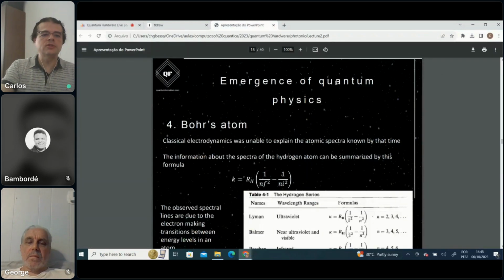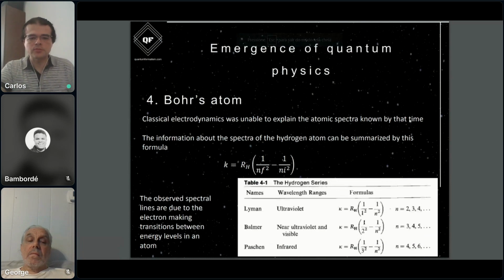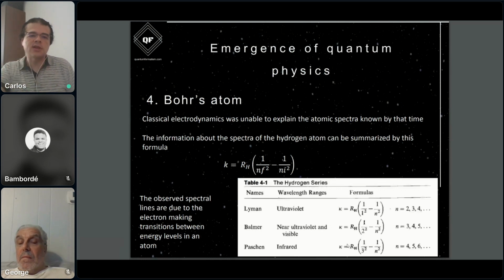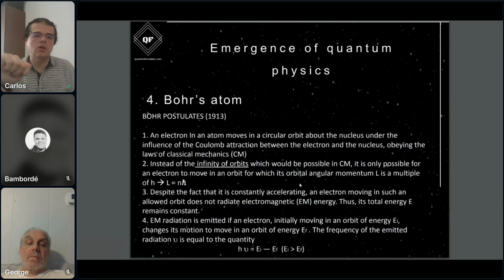So okay, other things that classical physics by that time was not explaining well. We had the problem with the structure of the atom, and also some experimental results that the classical theory didn't explain about the change in the energy levels, the transition of the electron between energy levels of the atom. And then came Bohr's ideas. Okay, he basically postulated around 1913